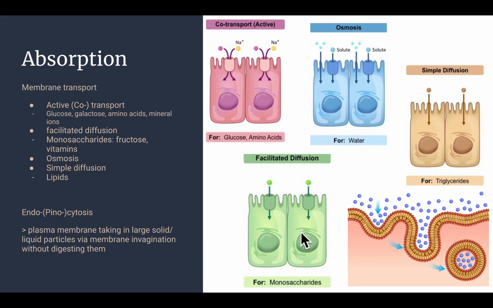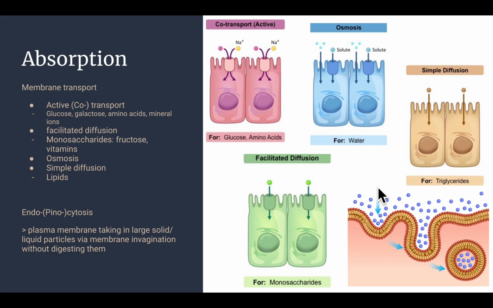So it's also for monosaccharides, such as fructose, and also the diffusion of vitamins, as we can see listed here. Osmosis is just for like water, as we know, and simple diffusion, we have, for example, lipids. So actually lipids, in this diagram mentions triglycerides, but essentially lipids can travel through simple diffusion because they're able to diffuse passively through the hydrophobic core of the plasma membrane into the epithelial cells, and they'll be carried away via